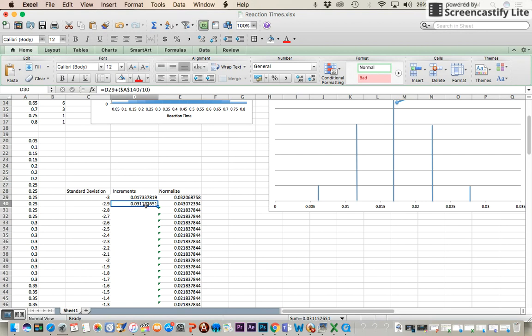We were right here, and I was doing equals the previous cell plus the standard deviation divided by 10. I do not want the standard deviation to change. I want to reference that cell every single time. So I put a $ sign before the A, and a $ sign before the 140. Okay. Now, all we have to do is just copy that down,